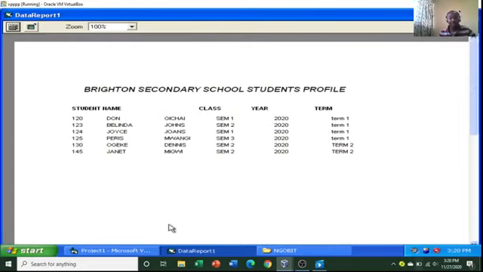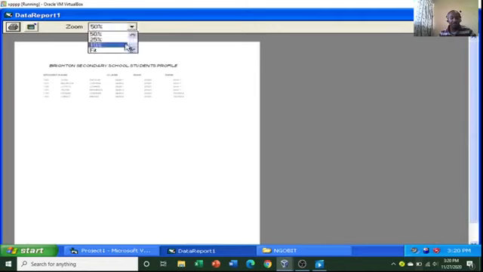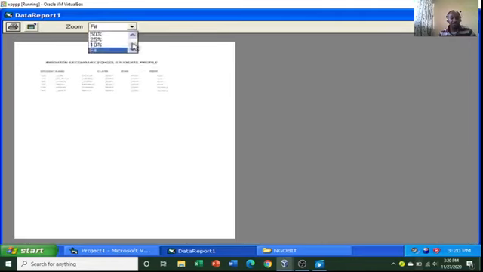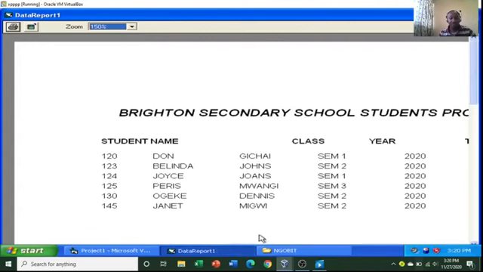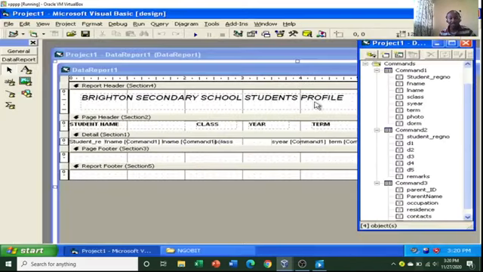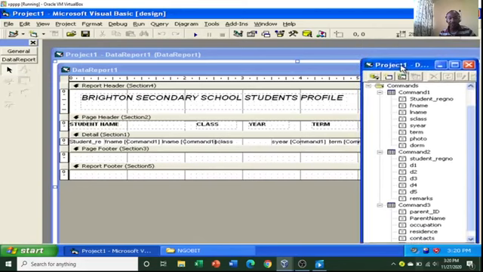Therefore, as you add more data, it will be displayed in this report, and you can even print the data. You can also opt to zoom your report from that point that way, so that you can actually see what you have. Therefore, this is how you design and create a data report in Microsoft Visual Basic. And I have used the simplest method for making sure that data has been read through the data environment and the report object, or the report generation